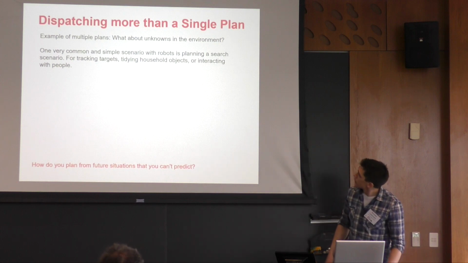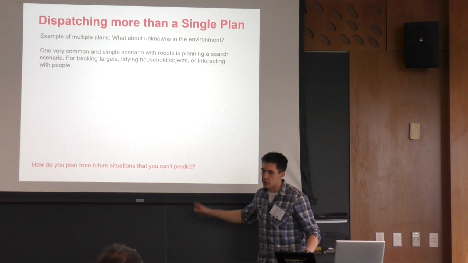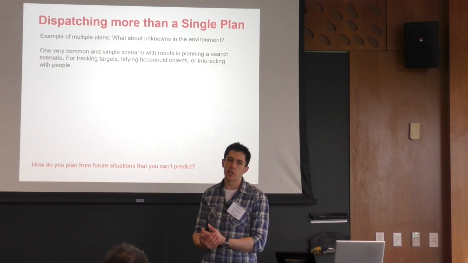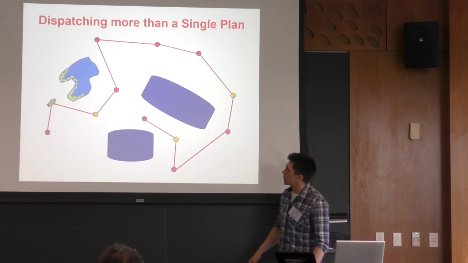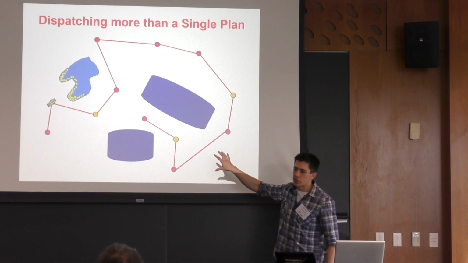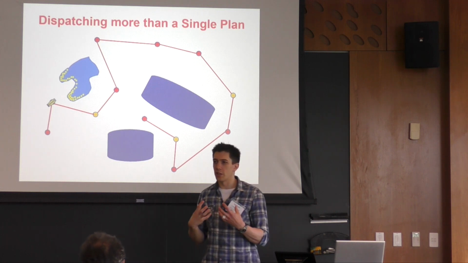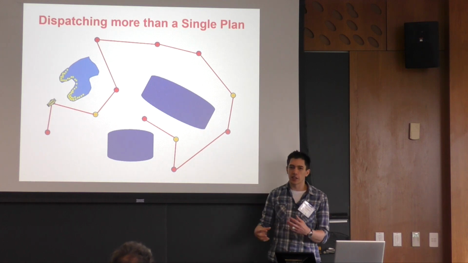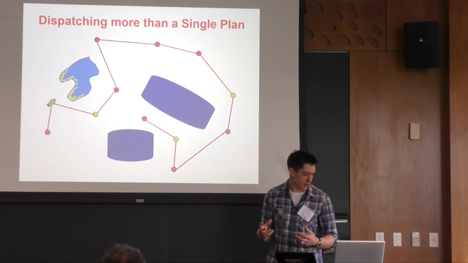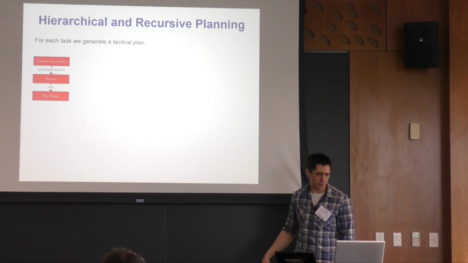Okay, so one common simple scenario is planning for future situations which you can't predict. This is what I talked about before, where a robot's moving into a room, you don't know exactly what's there yet. Here we have an example that Dan showed using the simulator, where this AUV is to move between these different obstacles and begin inspecting them. But before it reaches the structure, it doesn't know exactly what the map will be. It has to build the map as it arrives. So it's impossible to plan for the whole thing in one go.